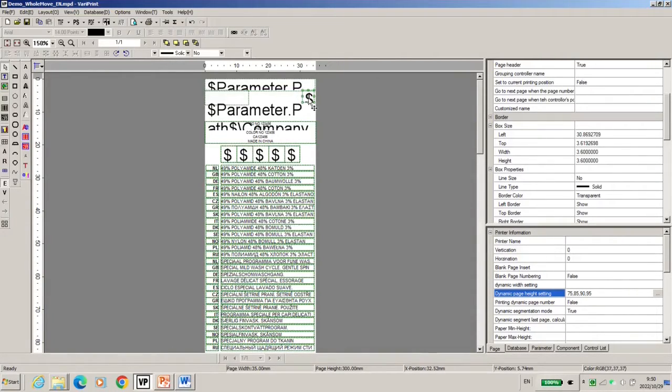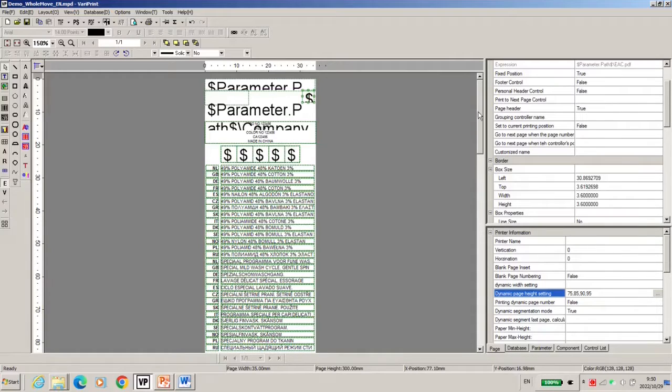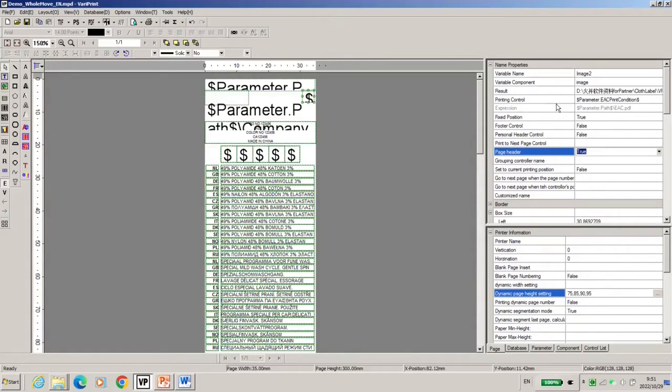I don't know whether the EAC is on page 1, page 2, or page 4, but in this job it is page 2. So here I set a page header, like in Word. If we set an element as page header true, that means every page in this position will show the EAC.